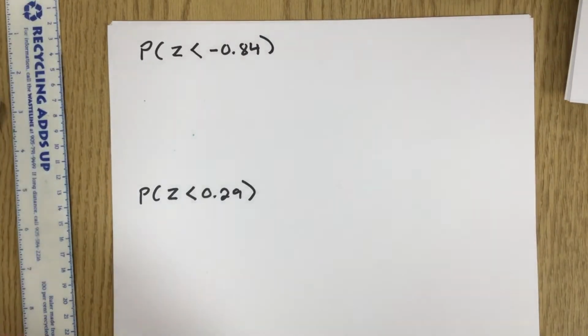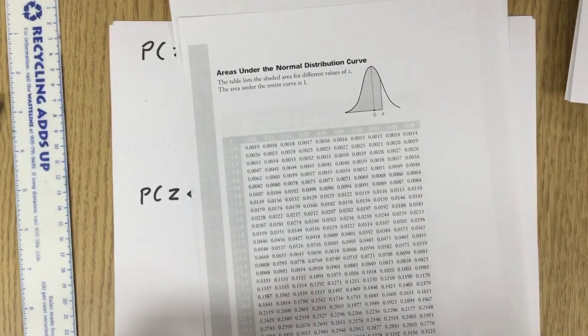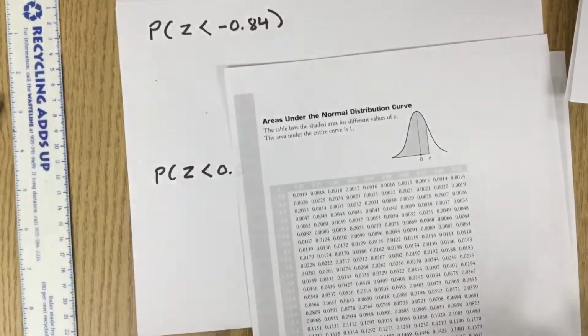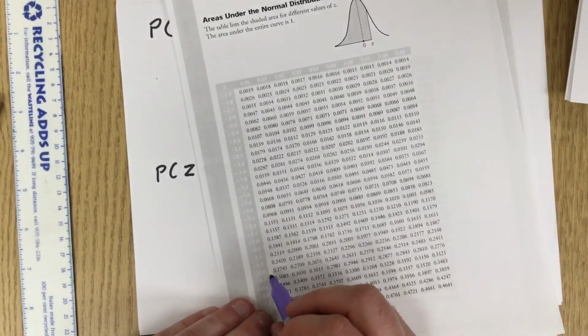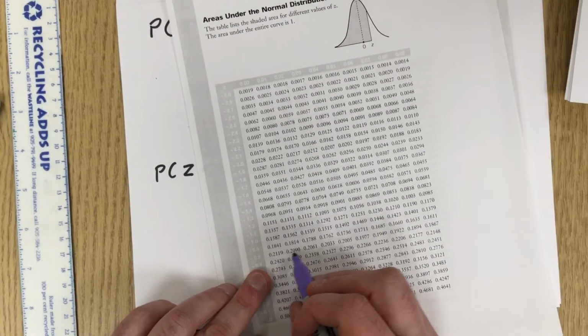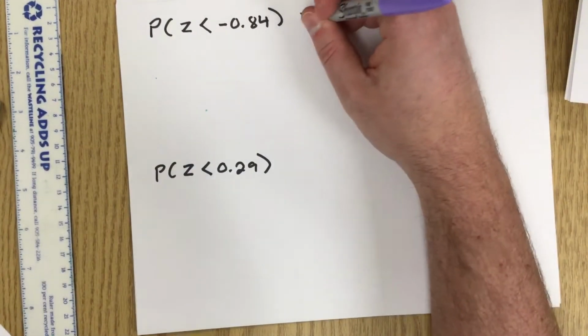So here's another one. The probability that z is less than negative 0.84. It's a negative, so we're going to have to go on the negative chart. So negative 0.8 is over here, and the 100th digit is 4. So 0, 1, 2, 3, 4. And that's going to be equal to